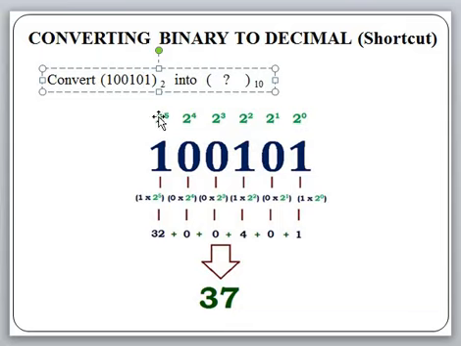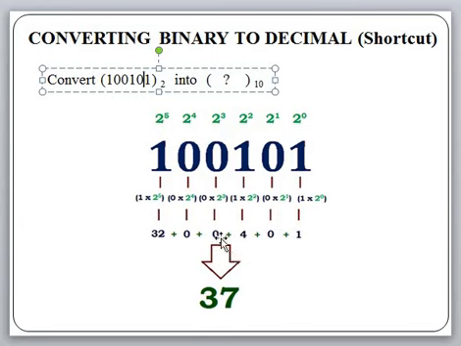Only those weights count: 2 to the power 5 is 32, so that's its weight. 2 to the power 2 is 4, so that's its weight. And next 2 to the power 0 is 1, so its weight. So it is 32 plus 4 plus 1. So altogether the result is 37.